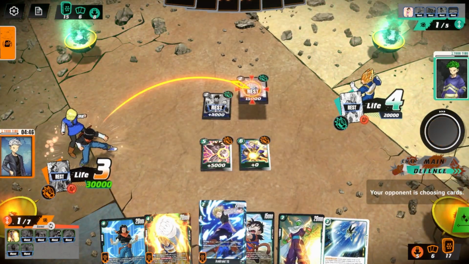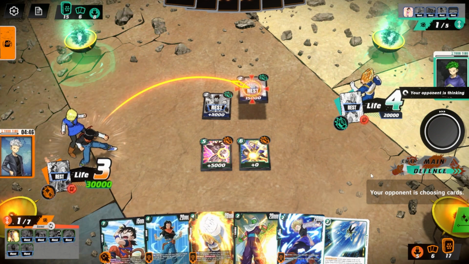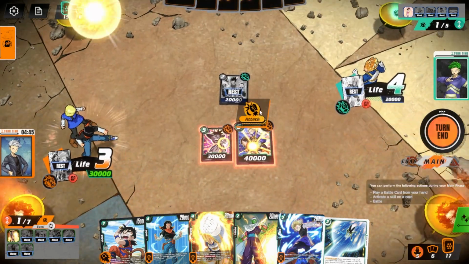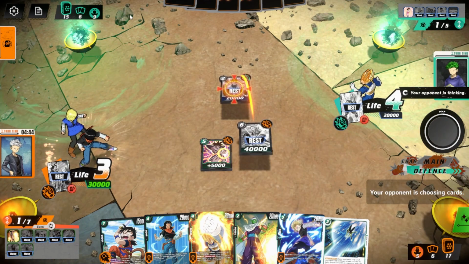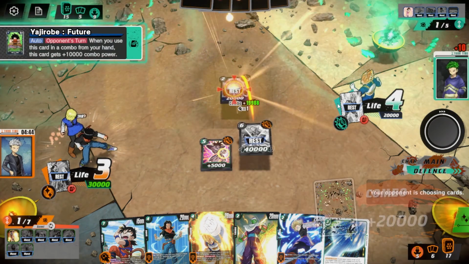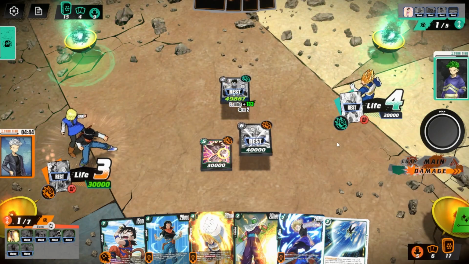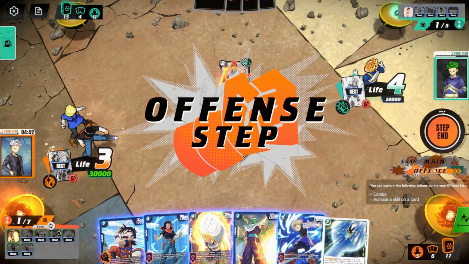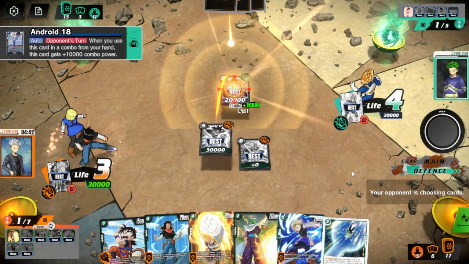No combo. This is a super, so we can go to the front. Now, if you would like to combo 25,000 to save that, I guess you can be my guest. Super into 10,000. He's keeping his hand size low so that next turn he can trigger Vegeta again. But how many cards can you...